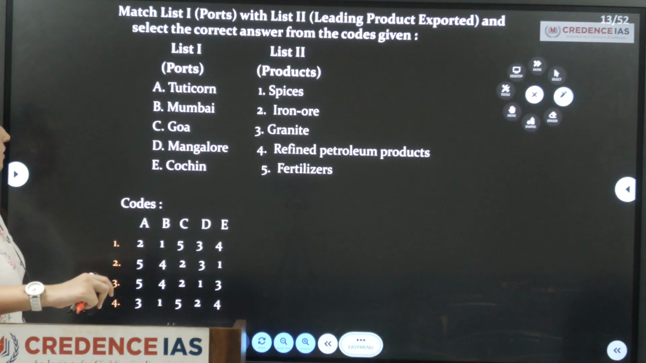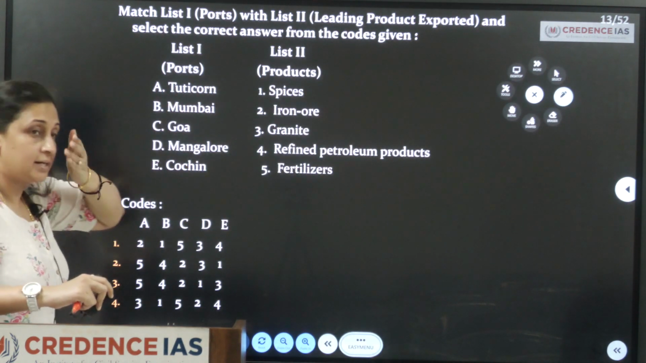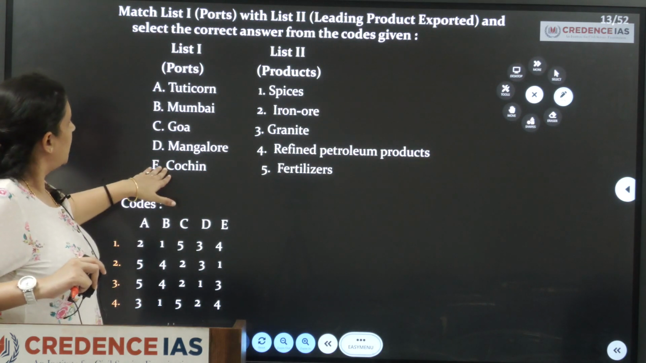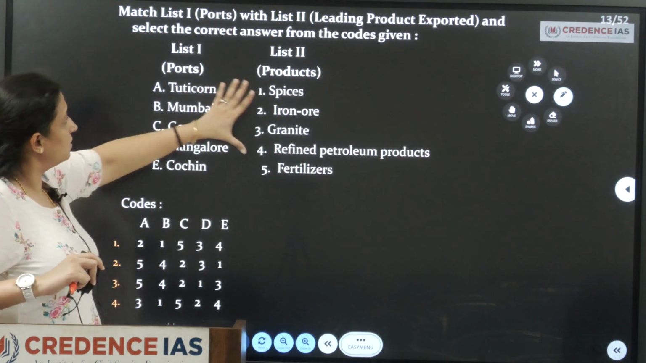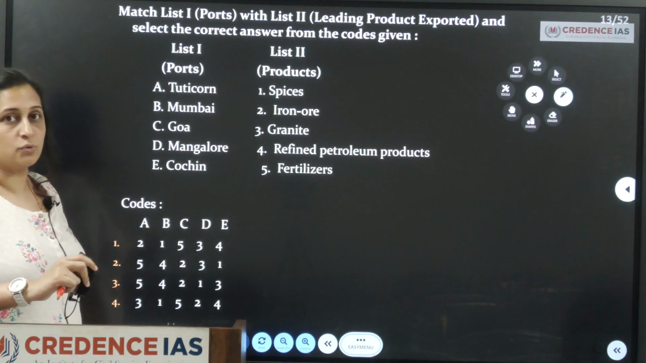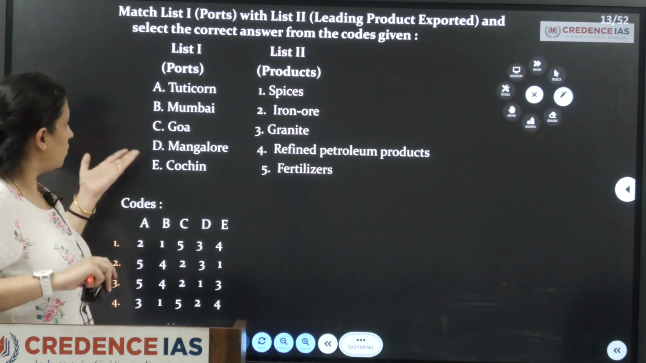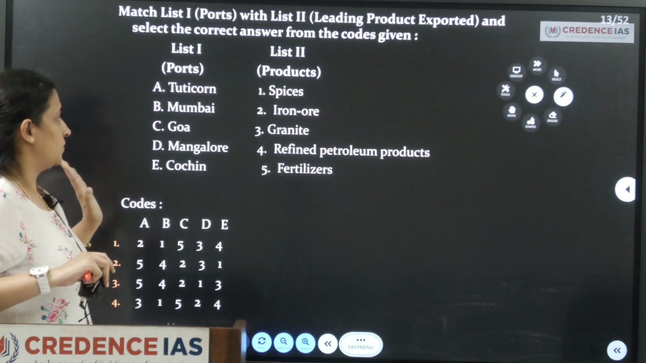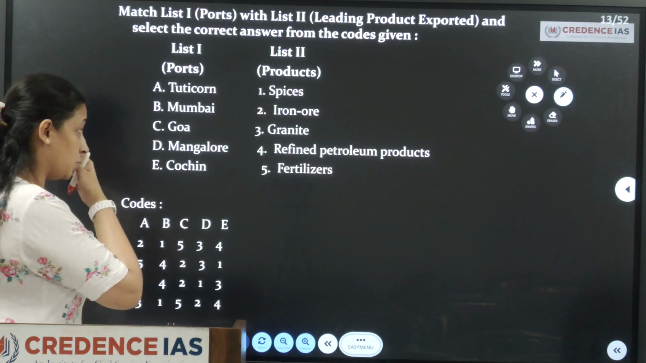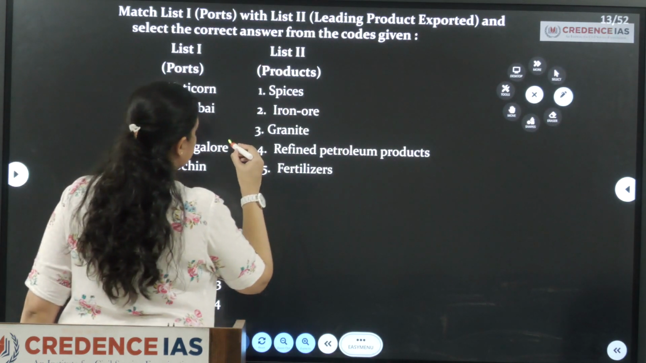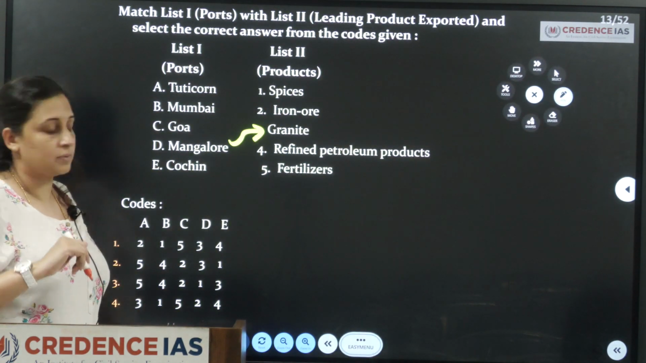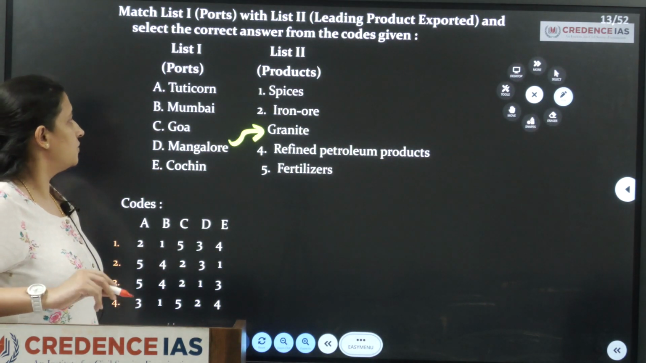Okay, here the ports. Okay, India has 13 major ports. Now they have given the ports and the leading product exported from that particular port. Here we have to match them. Tuticorin, Mumbai, Goa, Mangalore, Cochin. Okay, as we are from Karnataka, we should know Mangalore port is famous for granite export. Okay, if that is also difficult, we should know that